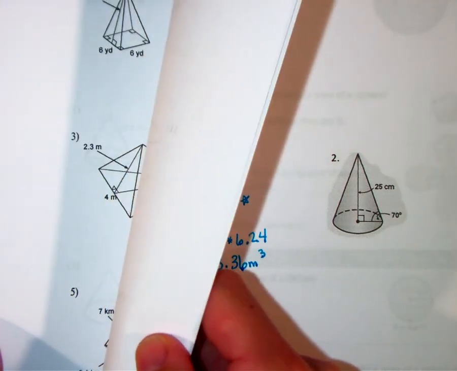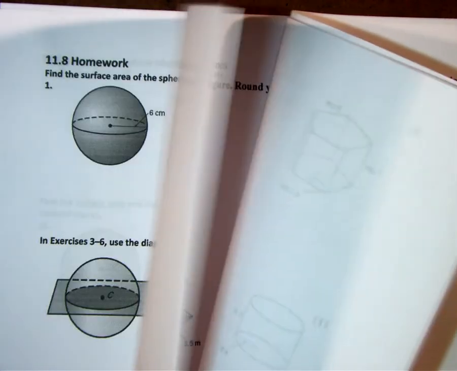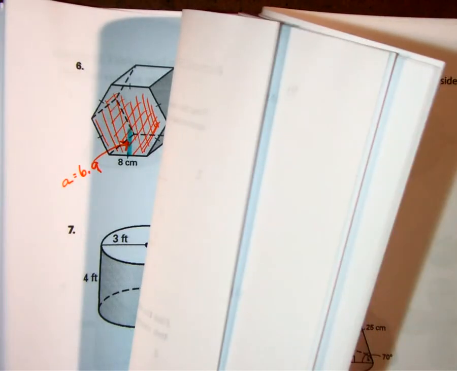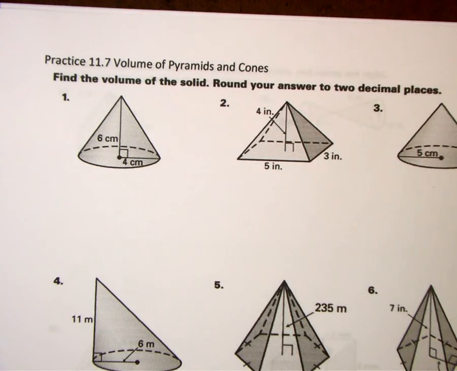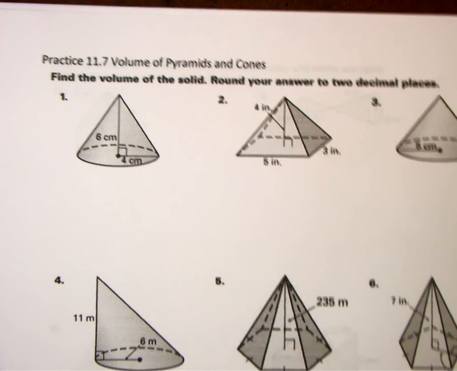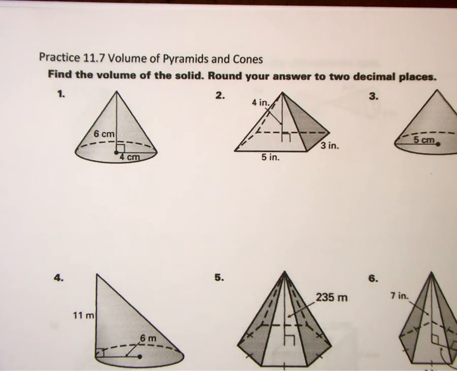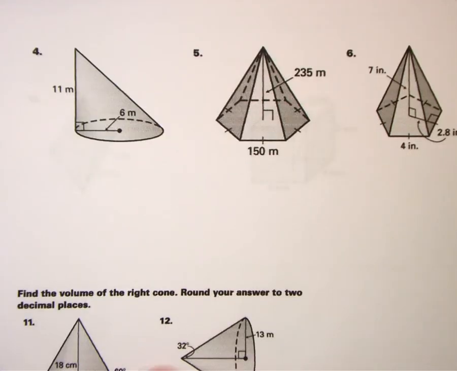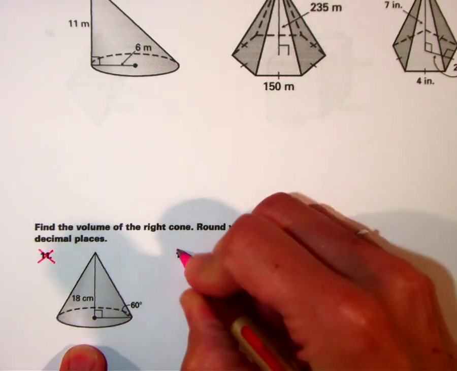Okay, so I'm going to slide back here into the practice problems. So I've got surface area 11.6, which was from Monday, and this is 11.7. Okay, a couple pieces of information here. We are going to do the first 6 problems here, 1 through 6. Those are problems that are good practice for the quiz. Down here, you're going to see some degree measures, 60 degrees and 32 degrees. Those problems are not going to show up